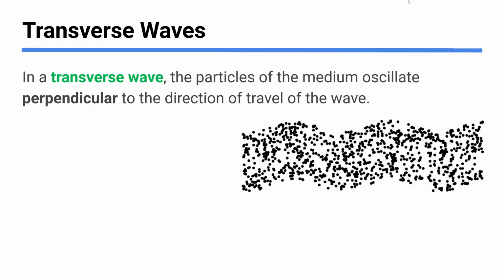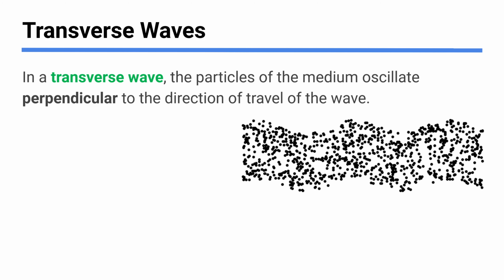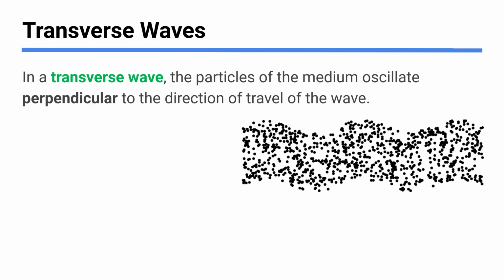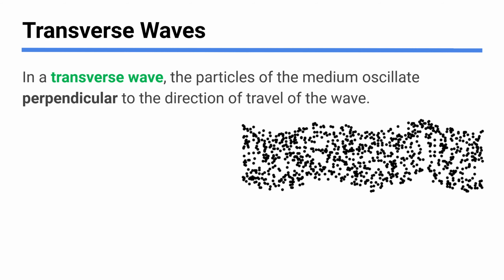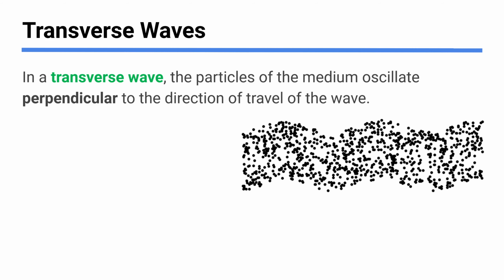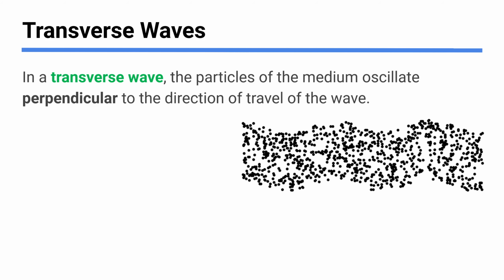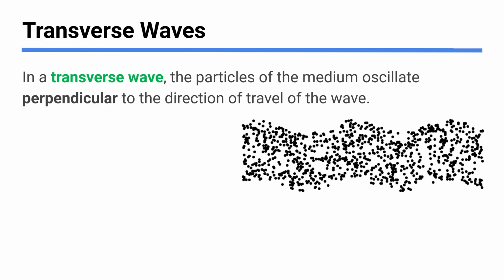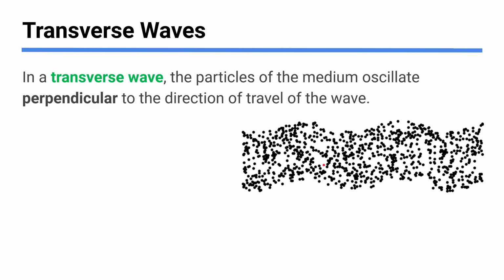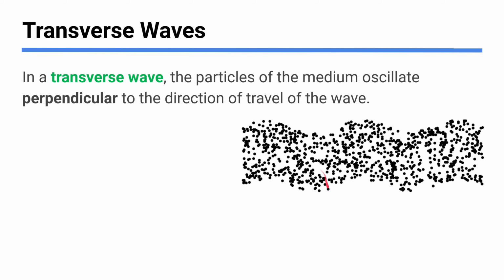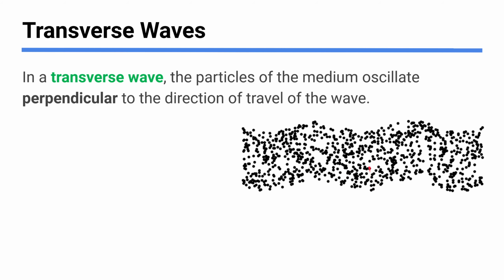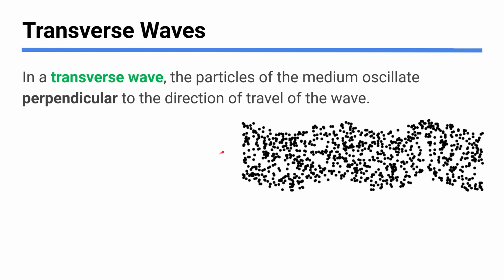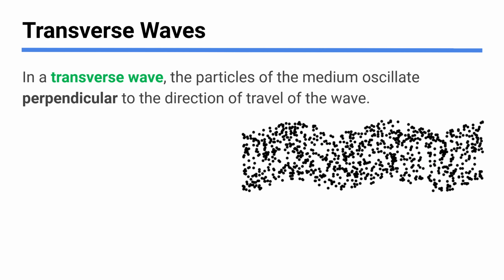Here's a fun little animation of a transverse wave doing its thing. If you just look at this big picture, let your eyes blur and relax a little bit, there's something moving left to right. Focus on the peaks maybe, and we can see there's definitely some motion left to right of perhaps energy, it seems. But now focus on any one of these little dots. These are the particles. I think each one individually is just moving up and down. So that defines a transverse wave. The particles are moving up and down. The wave itself is traveling horizontally left to right, so they're perpendicular.